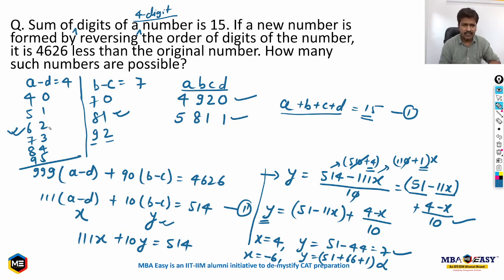देन इफ आई टेक 6 and 2 as values of A and D, तो 6 और 2 8 निकल गया, राइट? 8 निकल गया, तो अब मेरे पास कितना बचा है, 7 बचा है। 7 बचा है तो कौन सा होगा, 7 and 0। So I can take this as 7 and 0. So एक और नंबर मिल गया, 6702।